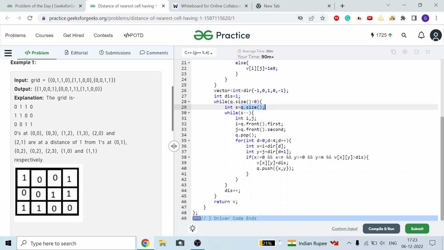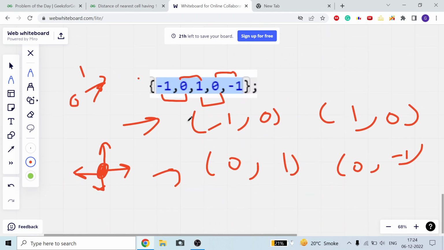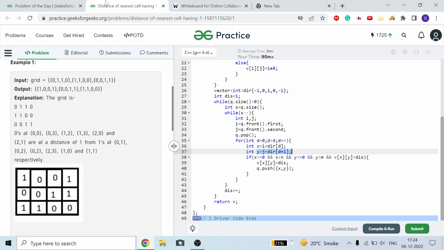Okay guys, so now I will take i comma j. i is my x coordinate, j is my y coordinate, number of column. I will remove that particular coordinate. Now for all the four directions, I will take x equal to i plus dir[k].first, y equal to j plus dir[k].second. I already told how. Then if this is a valid cell,